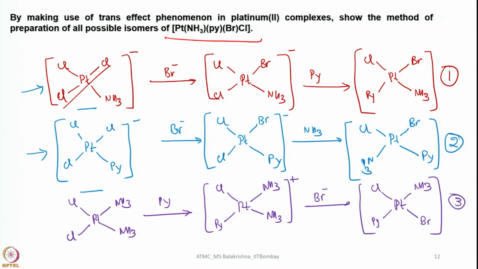So this is how the third isomer can be prepared. You should remember it is very easy to start with an appropriate metal complex. Always it is ideal to start with tetraammine platinum 2 plus or tetrachloroplatinate 2 minus, or with the corresponding palladium or nickel as well. So you can look into more examples in textbooks and try to make yourself familiar preparing